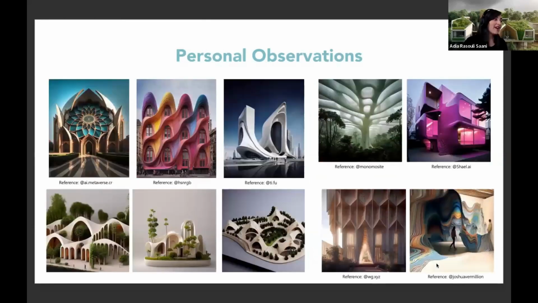I also kept an eye on the community and what other people were creating. And from my observations, different people had very unique approaches and styles. Here are a few examples of what some other creators were doing in early days. Some were exploring the intersection of architecture and art. Some were working on integrating architecture. Some were exploring futuristic Zaha Hadid shape styles. So as you can see, there were inherent differences with what everyone was creating.